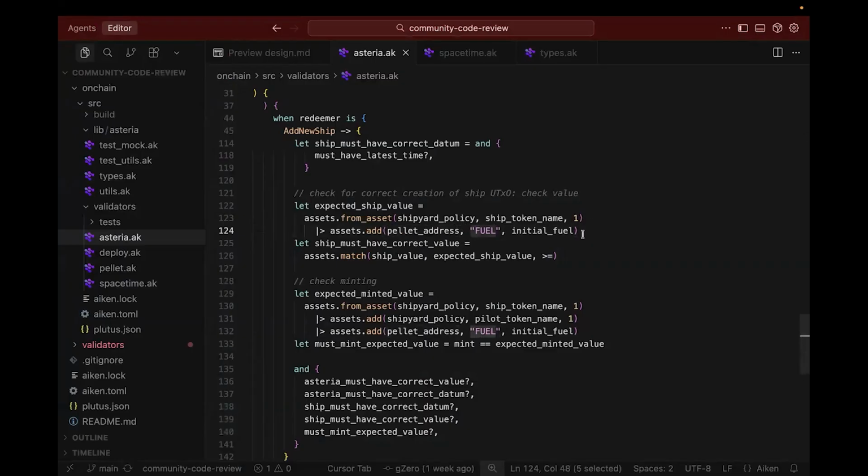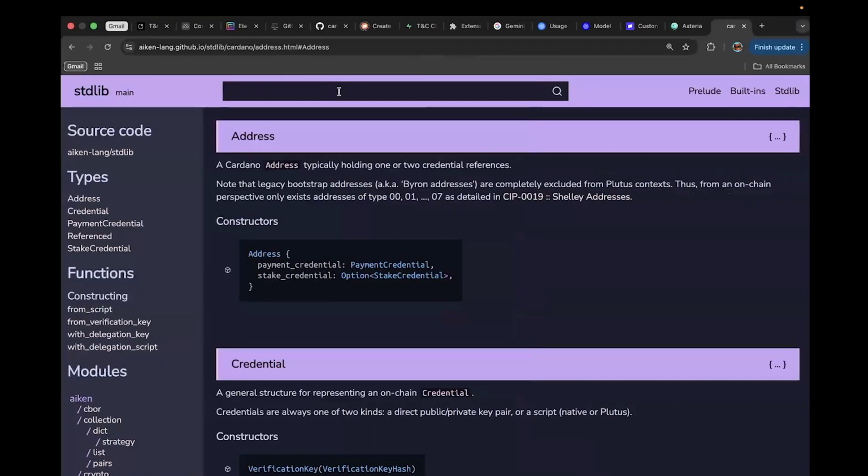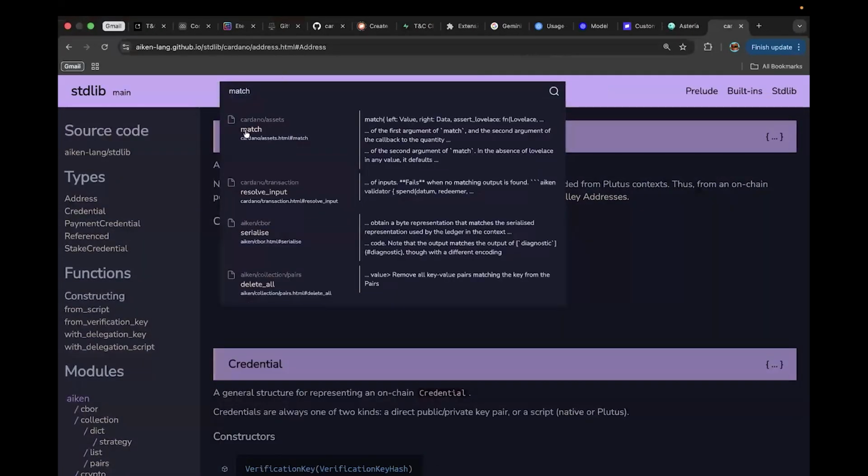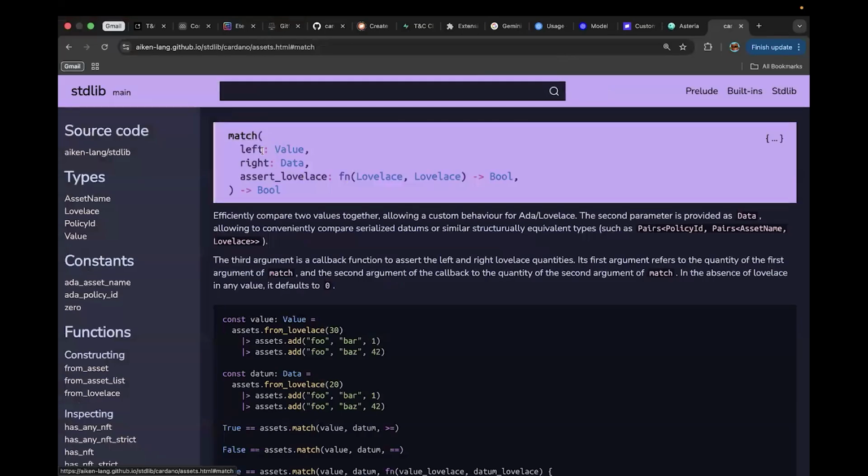And then the fuel, and then you are creating the value, the expected ship value. And ship must have correct value. What are they doing? So you have gotten the expected ship value here, and they are saying assets dot match. Oh, so match is another one. Assets dot match. What does it do? So it takes a value, takes some data,